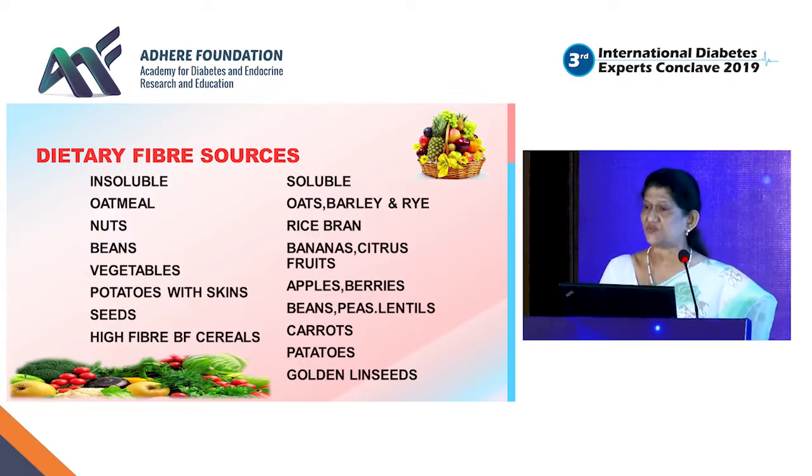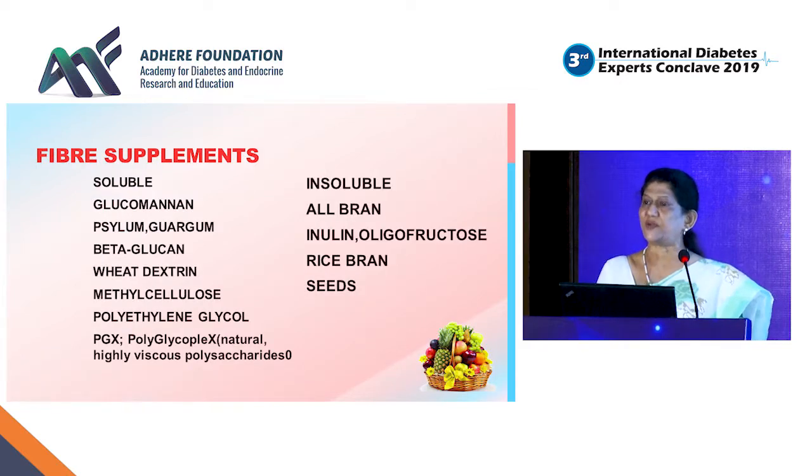So these are the sources which we consume in our day-to-day life, and the fiber supplements are made from the extracted fibers from this, like glucosamine, galactosamine, psyllium, guar, beta-glucan, wheat dextrin, and these supplements are used widely for controlling or